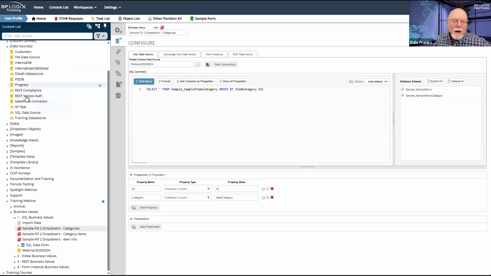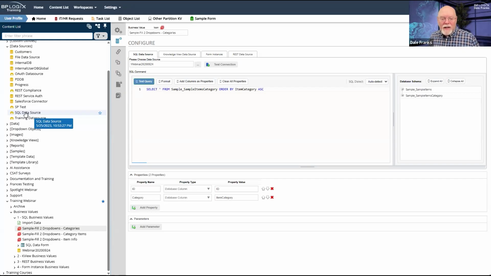Let us say that it is SQL data source. So this is looking at a SQL database, so it is named SQL data source. So on my dev, stage, and production server, I would have a SQL data source that hooks up to a SQL database, but not necessarily the same SQL database.